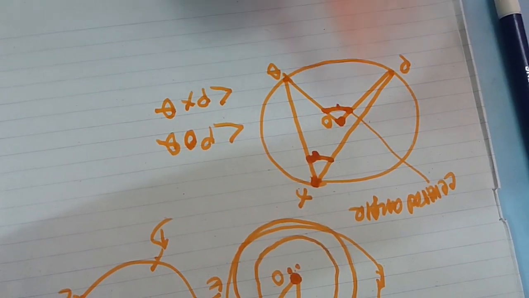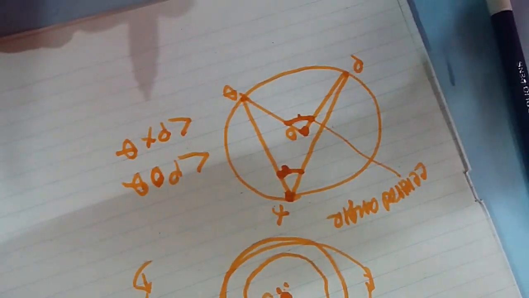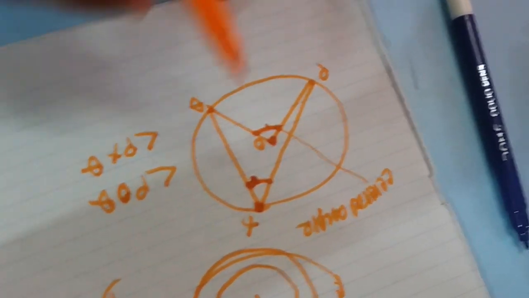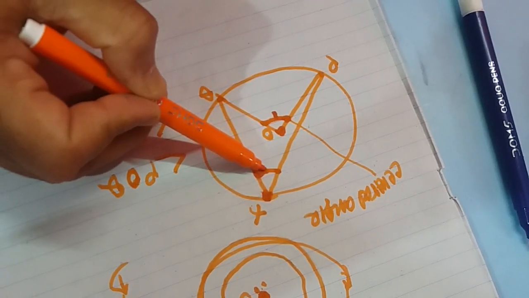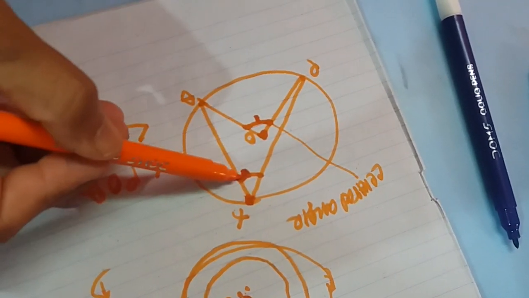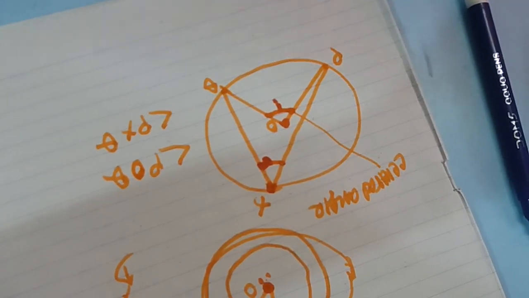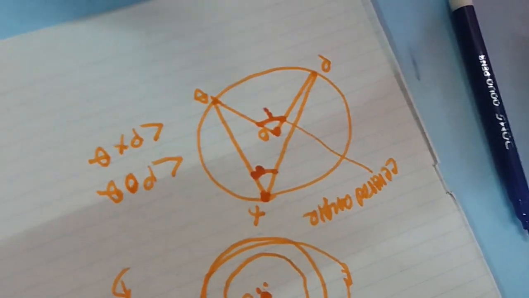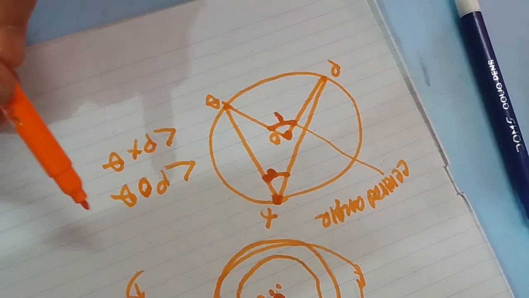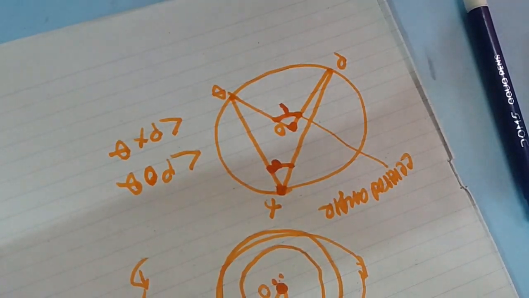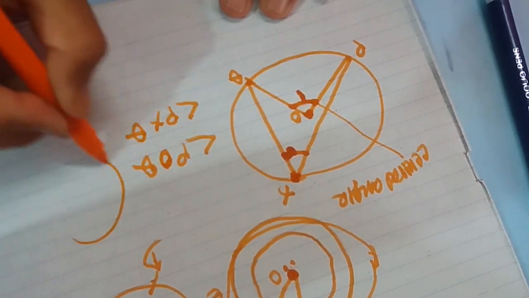This is the central angle. So one of the theorems is that you will have to prove experimentally or theoretically that the central angle is double the inscribed angle. Your inscribed angle is half of the central angle. Experimentally you will have to prove it. If it is not indicated how many figures are necessary, then better you draw 3 figures of different radius.